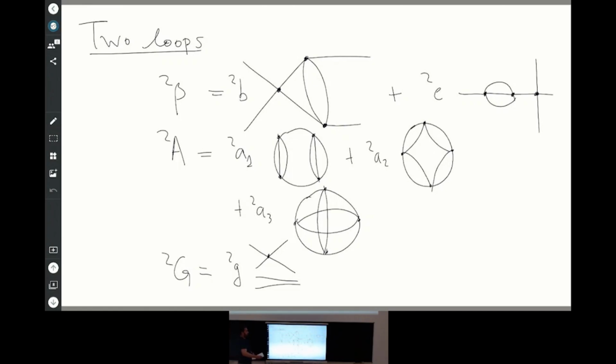Of course. I am simply not assuming anything about how many fields I have here. I'm doing the most general thing, and that will give me a set of constraints that will be most generally obeyed if they are, but there might be redundancies if you have a theory with fewer couplings than you could potentially allow. For example, in the O(N) theory, you have only one coupling, and you don't have to worry about anything like that, because of course you can always write a perturbative polynomial in one coupling as a derivative of another perturbative polynomial. The question is, if you allow the most general structure, is the flow still gradient?